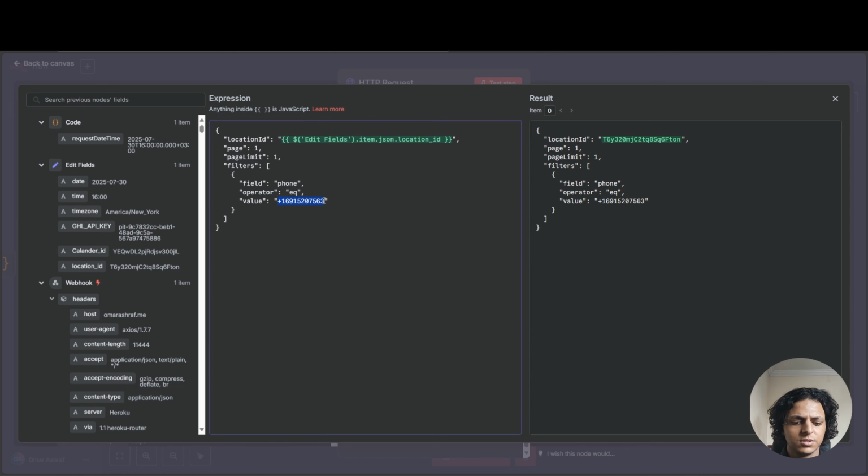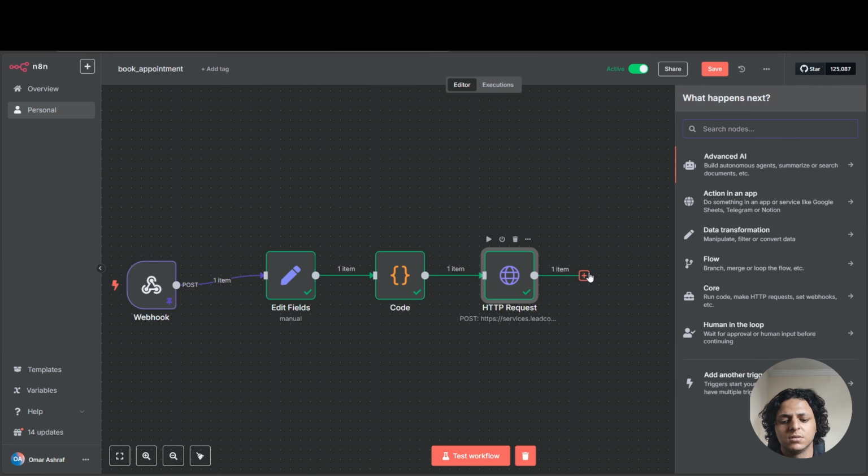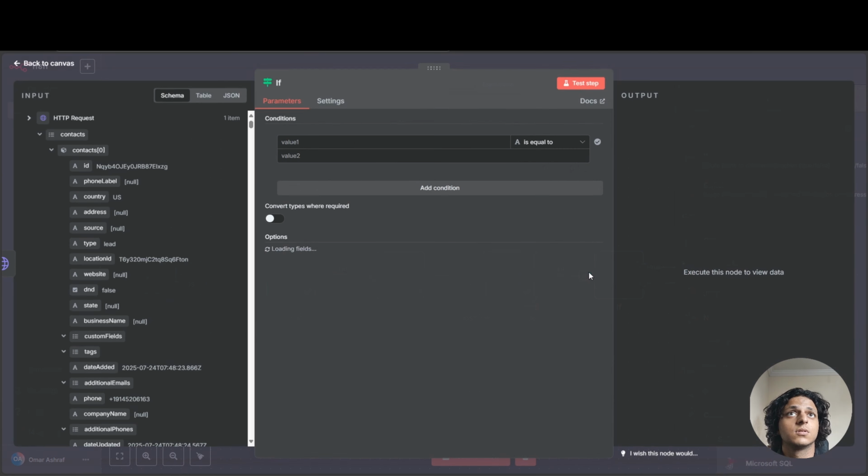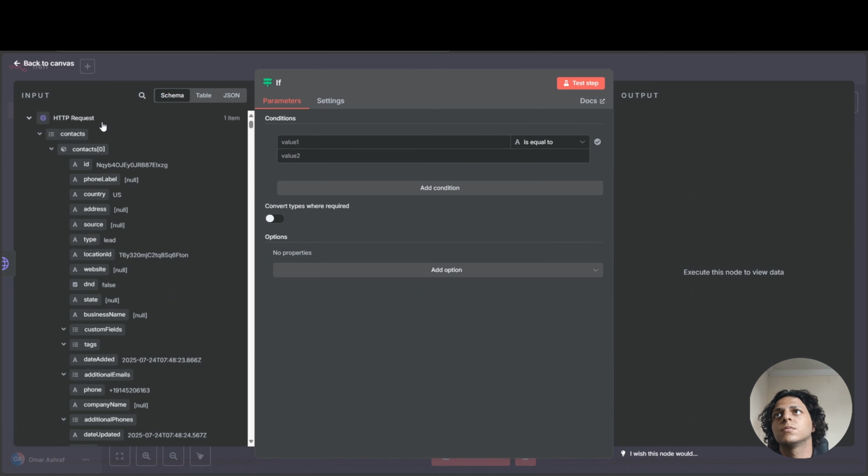So we're going to make an if condition. If the total is greater than 0, that means it does exist, in the true branch. So the true means it does exist, and the false means it does not exist. For the true branch, we're going to book an appointment. So let's go back to